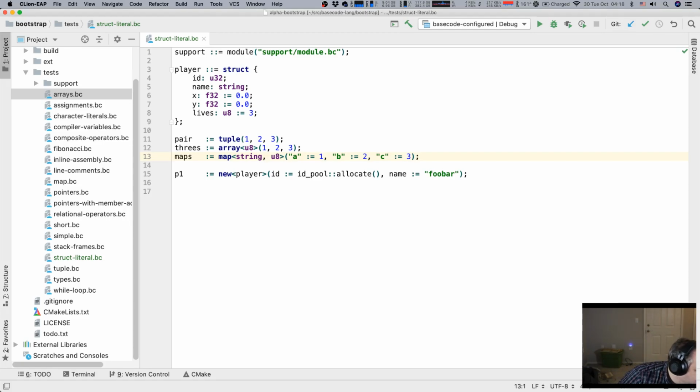By and large, when you get Python or Ruby or C# or Java or OCaml or Rust, you get the version of the language they've given you. But Basecode's not intended to work that way. Basecode's intended to allow you to define linguistic structures on top of the base, right? So the base is intentionally going to be brain dead, simple, low level. It's not going to have tons of bells and whistles. So all these things that you might assume that a language would have, you can add those.